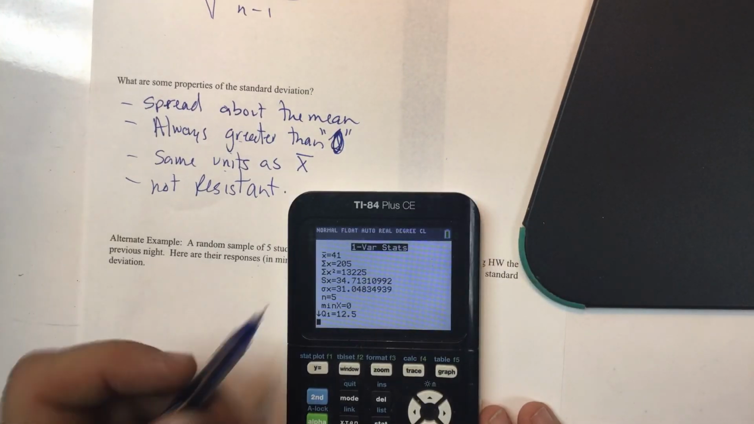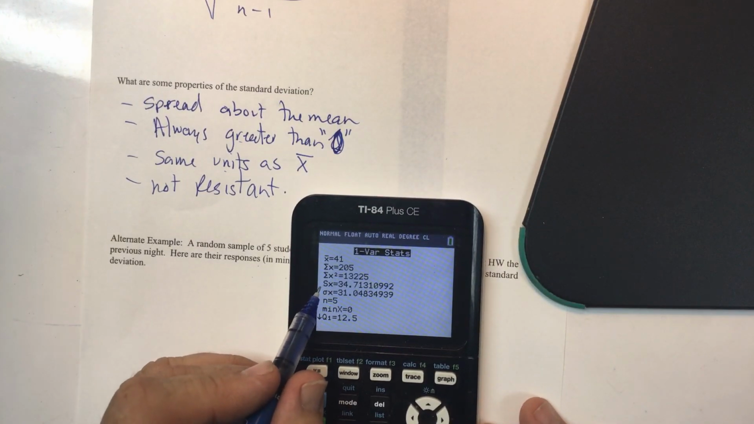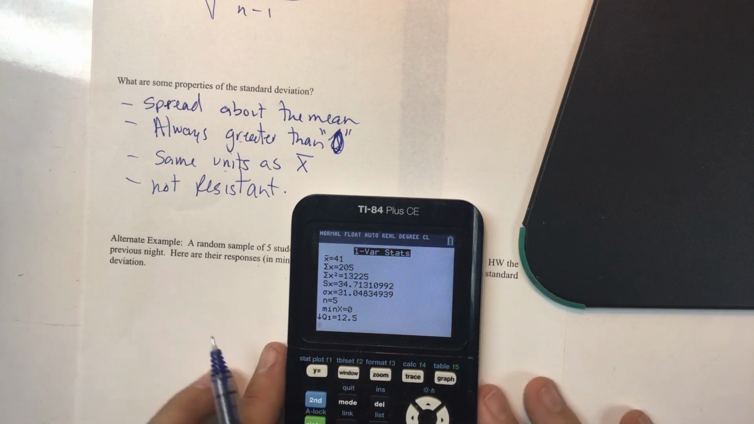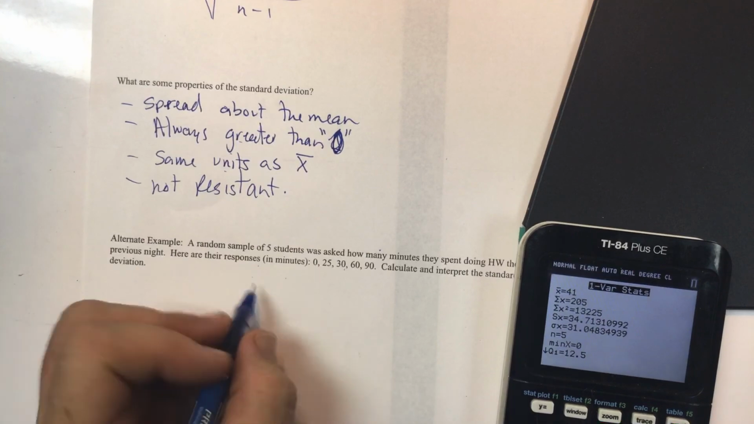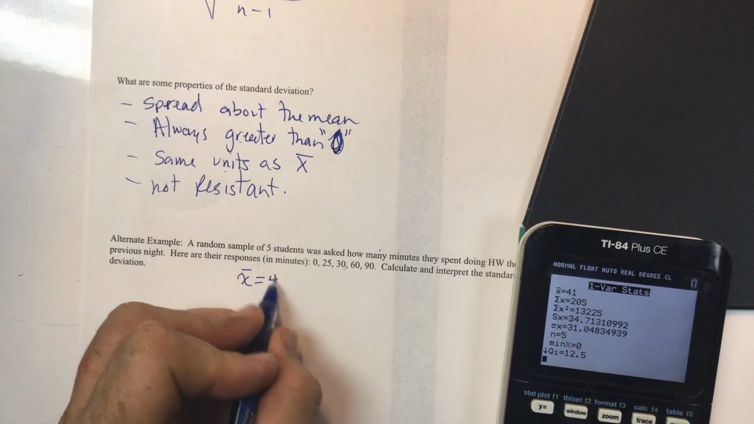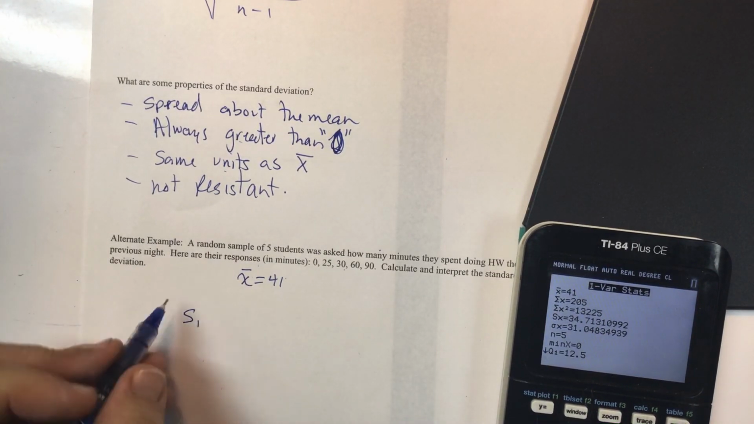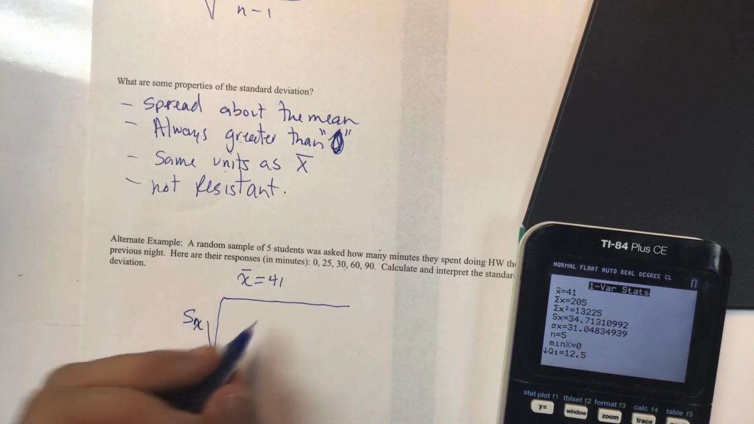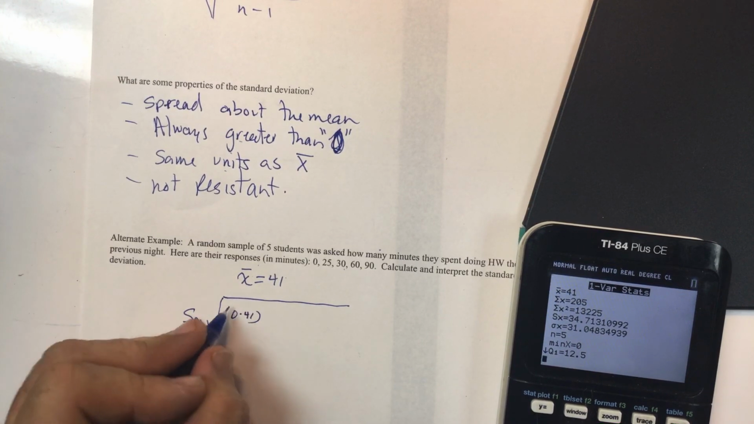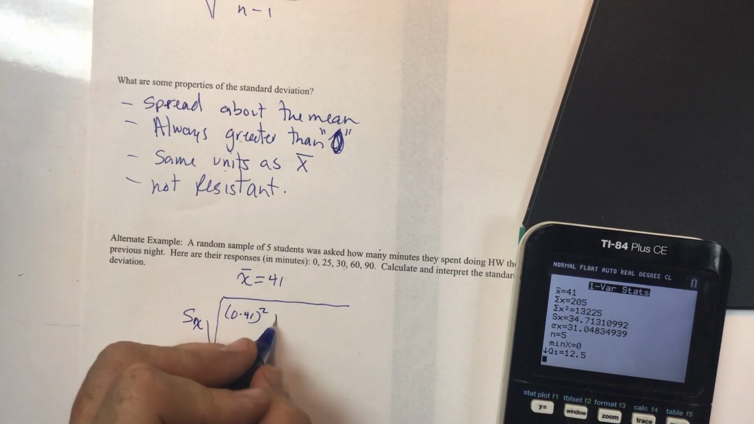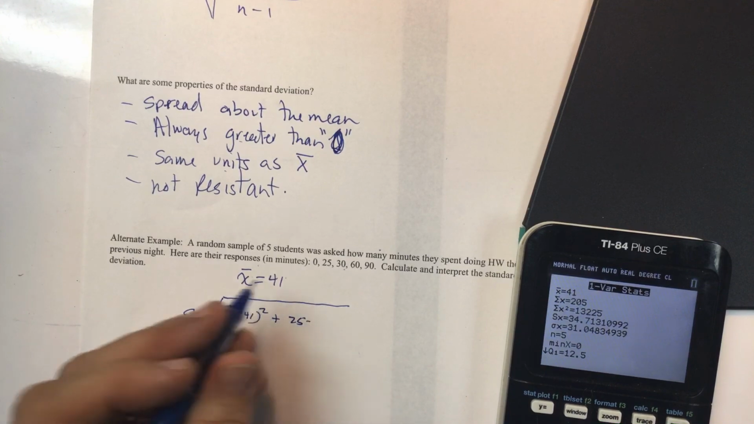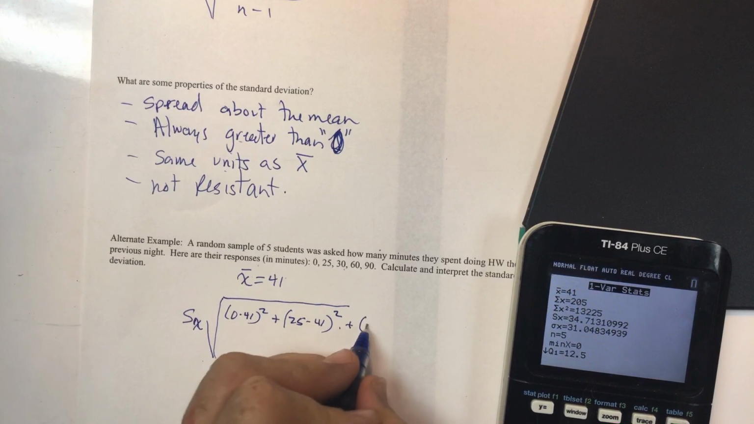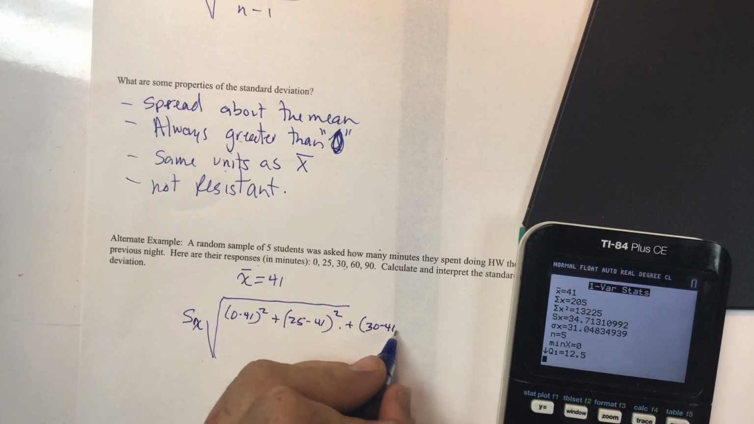So I've got my X bar of 41. So my X bar is equal to 41. Let's show you guys how to do this by hand. So here's the standard deviation of X. I take the entire square root, and I go 0 minus 41 squared, plus 25 minus 41 squared, plus 30 minus 41 squared,